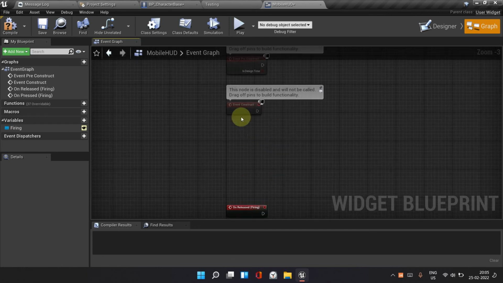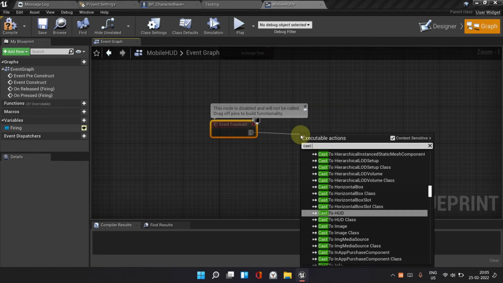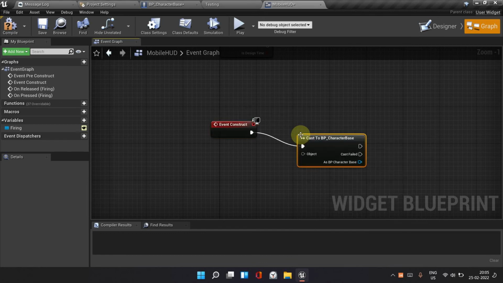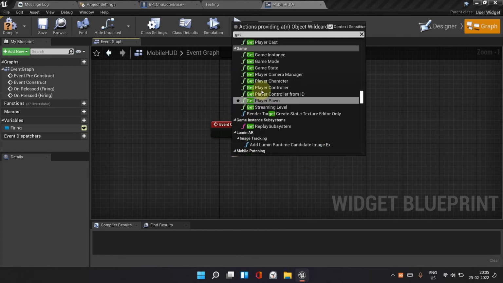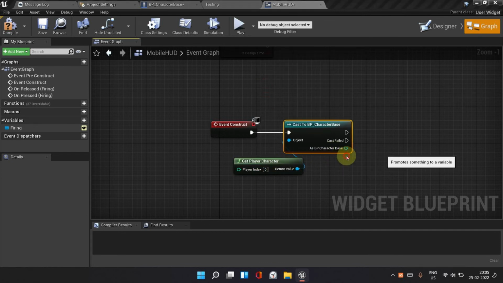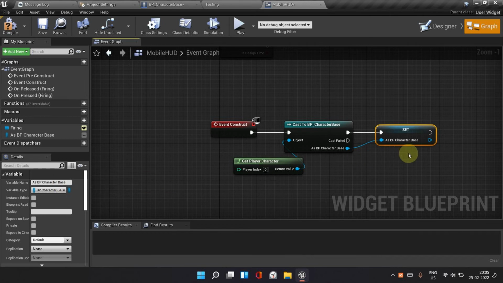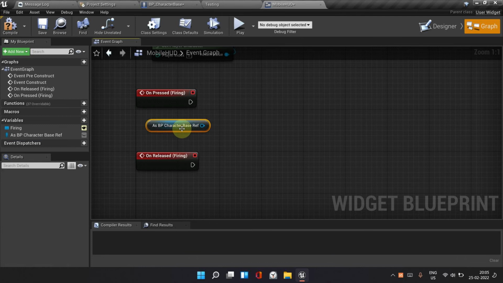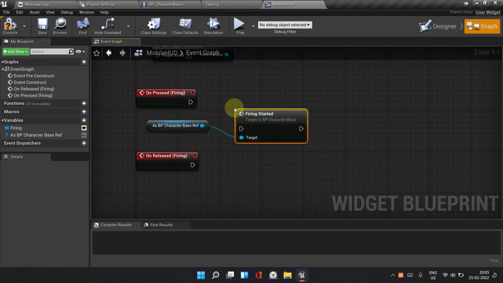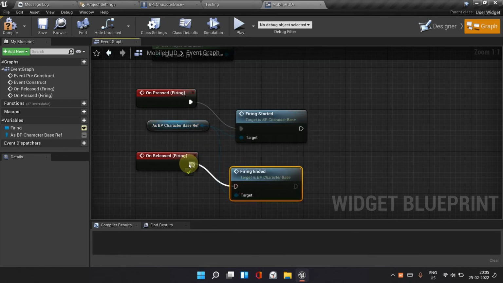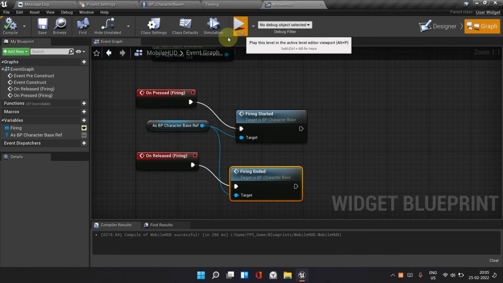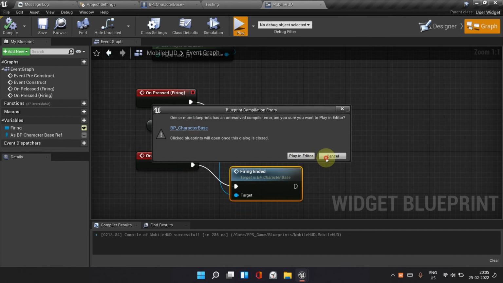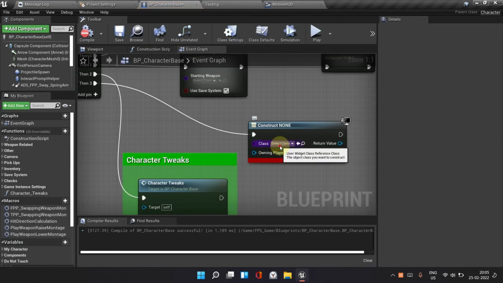Next thing we need to do is cast to BP character base, whatever the class of your character is. Get player character, right click, promote to a variable. Name this character base reference or anything you want. Then on firing, get the reference of the character, get firing started, firing ended. Let's check. Oh, sorry, I forgot to add the widget. Here we will add mobile HUD,